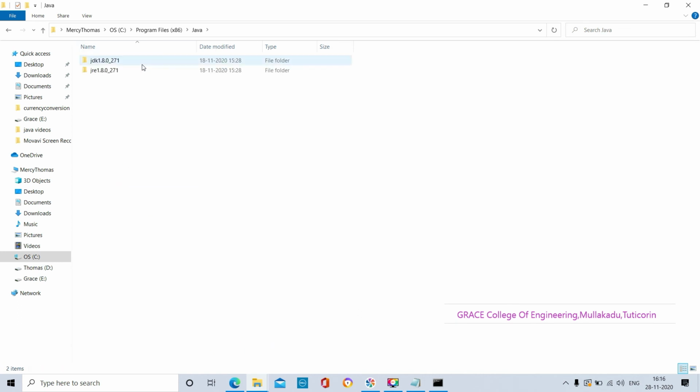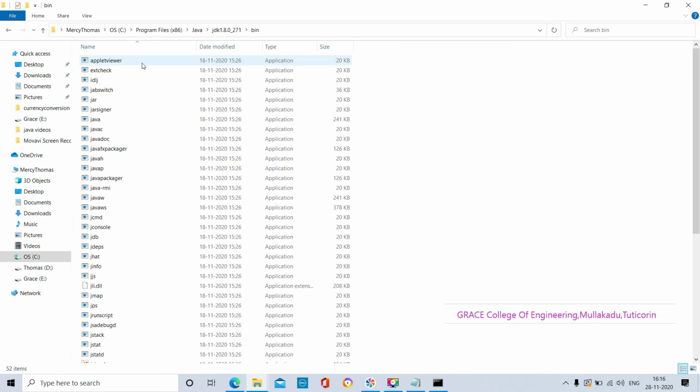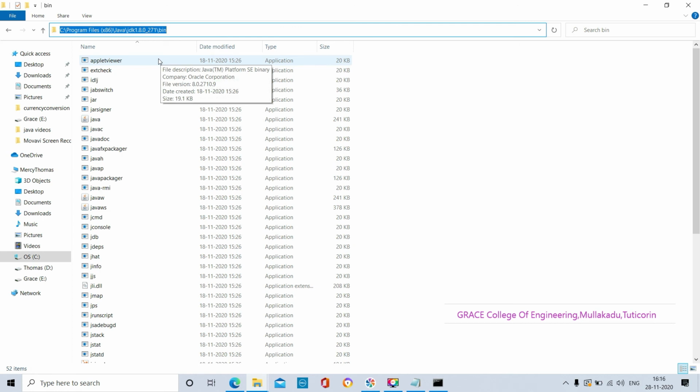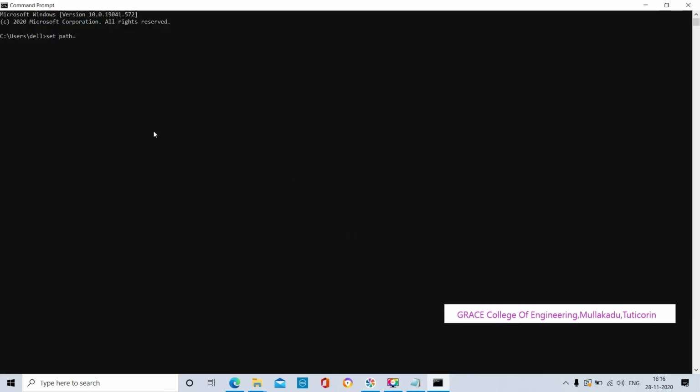Here I have the Java JDK 1.8.0 bin. We select until bin, copy this path with Ctrl+C, and paste it here with Ctrl+V.